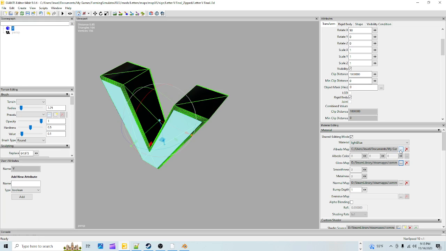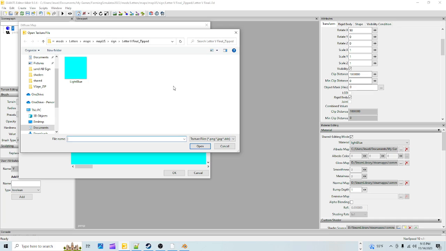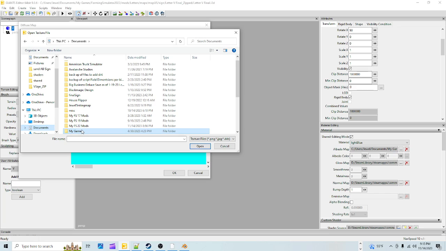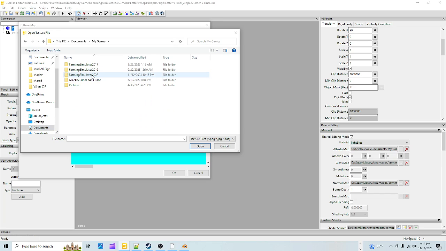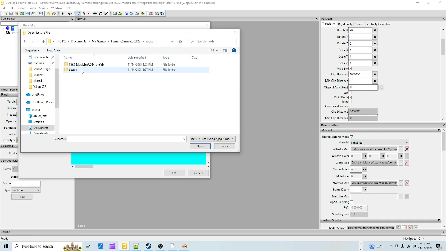And then roll up, and then this one's going to be the last one, and it's the albedo map, and you're going to click on these three dots with your left mouse button, and in this case it went right to it from where I was at in the map we made. So what we're going to do is pretend it didn't take us there. We're going to go to Documents, My Games, double click, Farm Sim 22, double click, Mods, double click, and then we're going to go to the map, double click, the word maps, double click, Map US, double click,